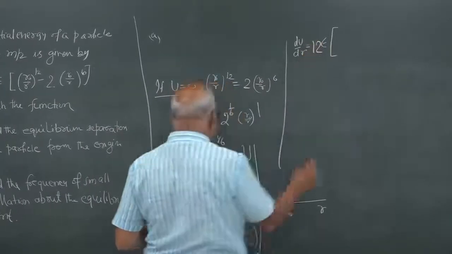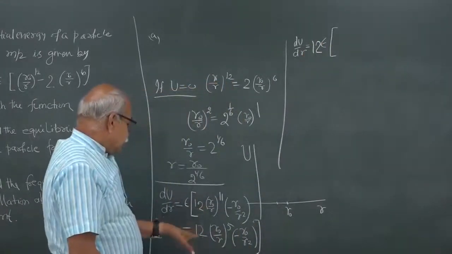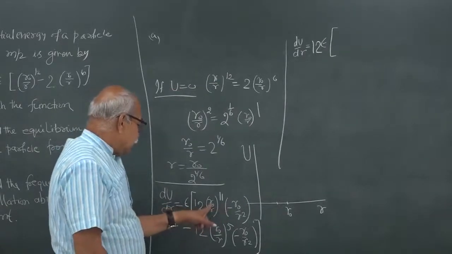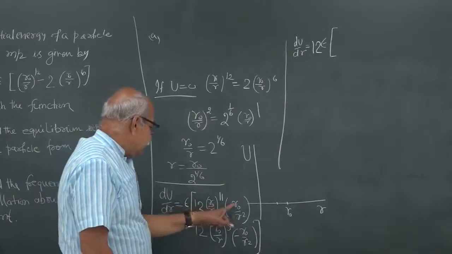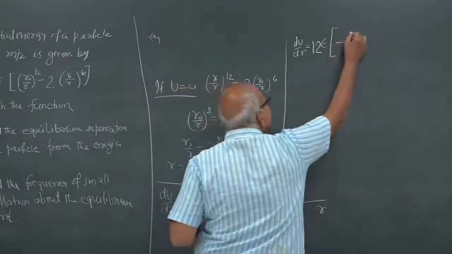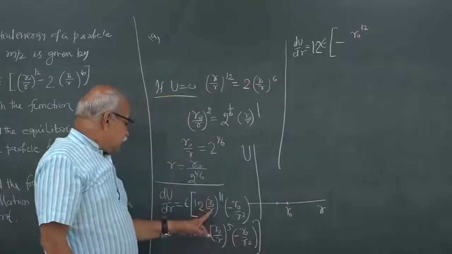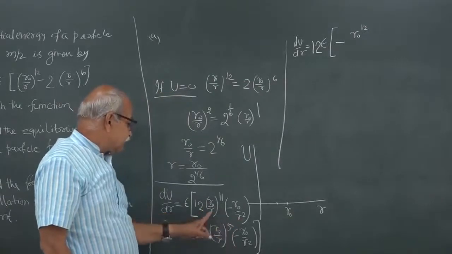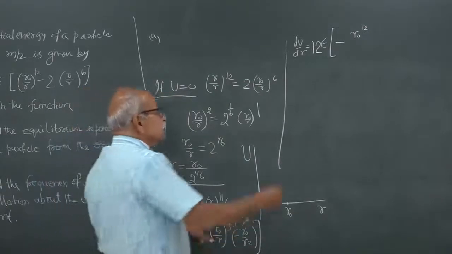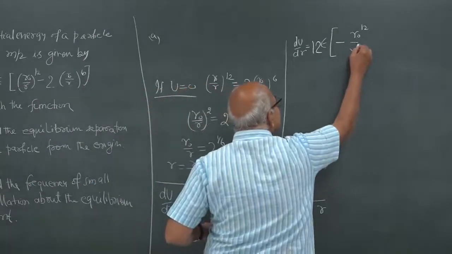Then it is minus r naught to the power 12, and then r to the power 13, right, divided by r to the power 13,